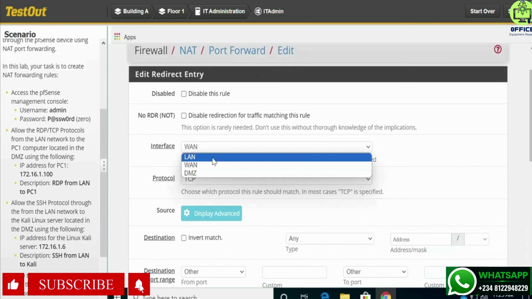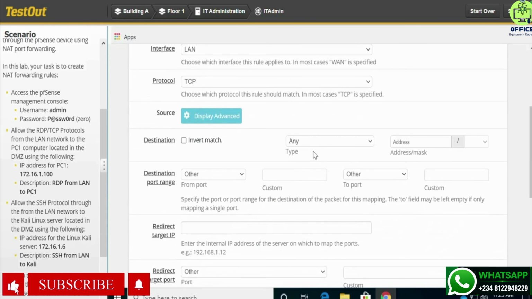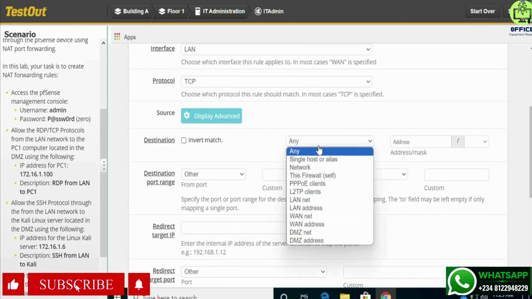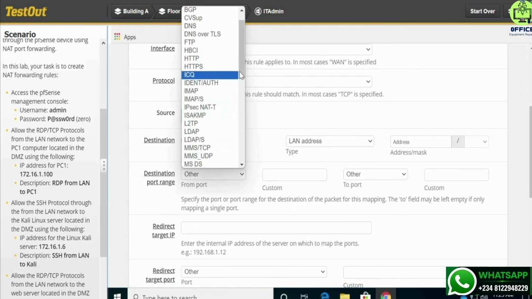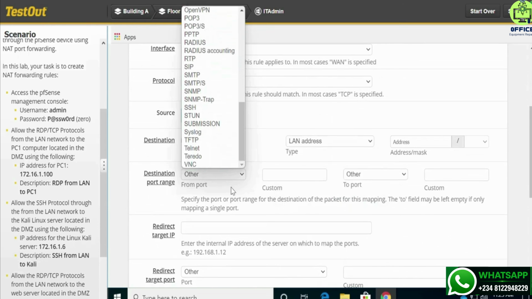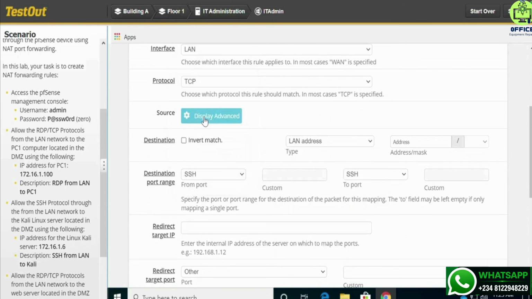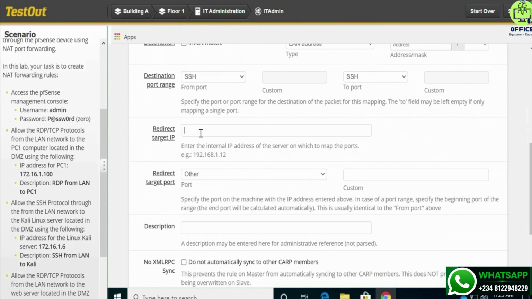Interface is going to be changed to LAN, and the destination, we're going to change this to LAN address, and for the destination port range, it's going to be SSH, and for the redirect target IP,